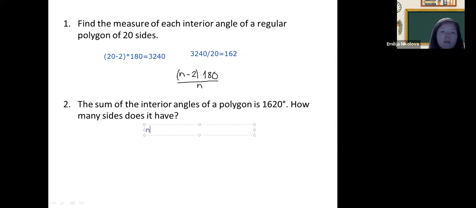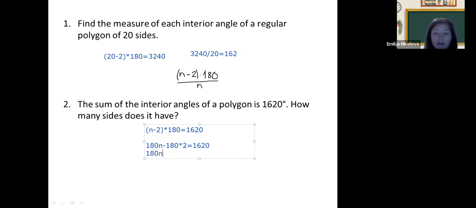We have n. We need to find how much is n, or the number of sides of the polygon. n minus 2 times 180 should equal 1,620. So now I can multiply 180 by both of them inside. So 180 times n, that's 180n, minus 180 times 2, should be equal to 1,620. We have 180n minus 360